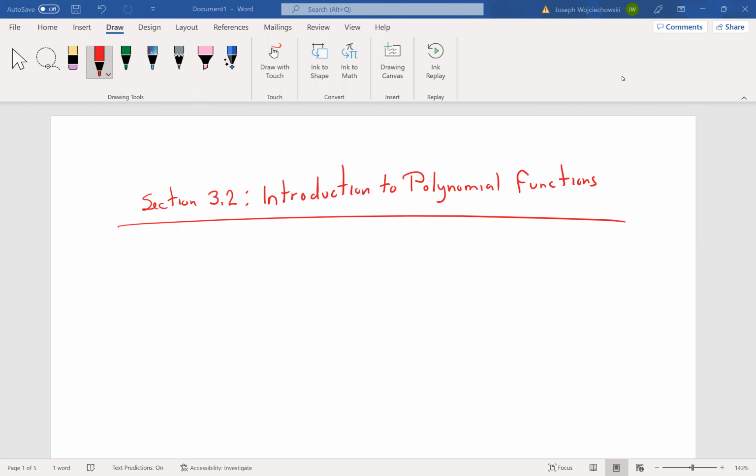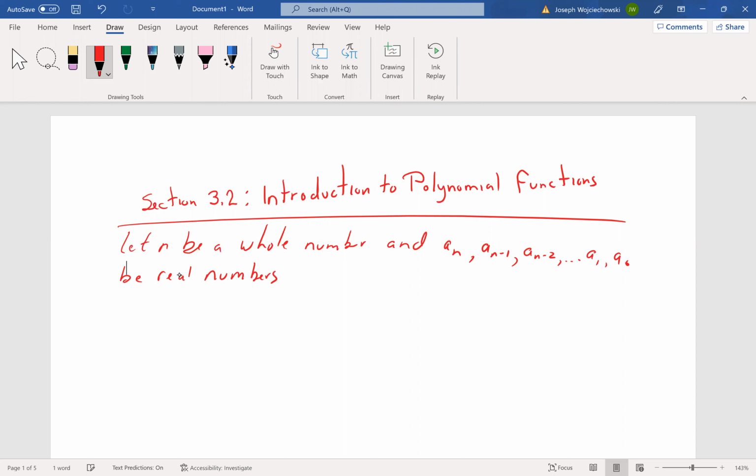So, if we let n be a whole number, and a sub n minus 1, a sub n minus 2, all the way to a sub 1, a sub 0, be real numbers, where a sub n does not equal 0,